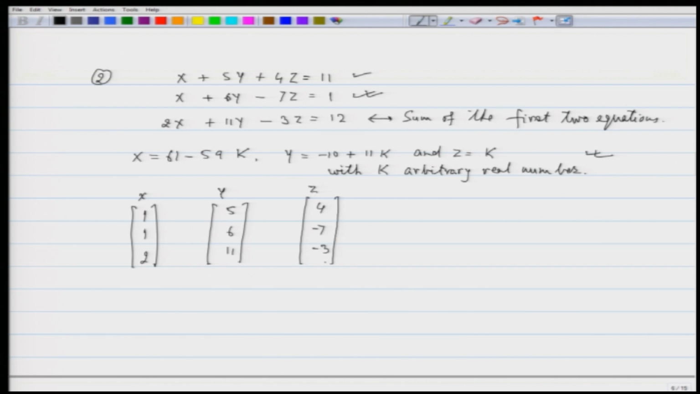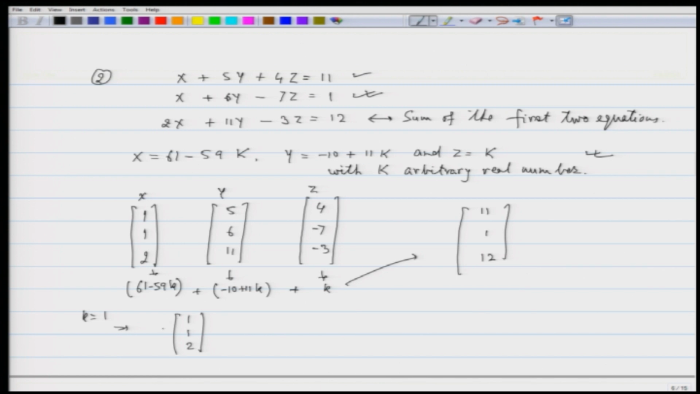What we are saying here is that if I multiply this vector by 61 minus 59k, this vector by minus 10 plus 11k, and this vector by k, and then add them up, what we are going to get is 11, 1, 12. For example, if I take k equal to 1, that gives me 1, 1, 2 times 2, plus minus 1 times 5, 6, 11